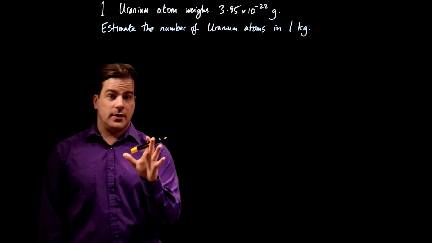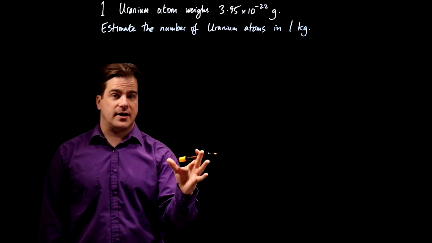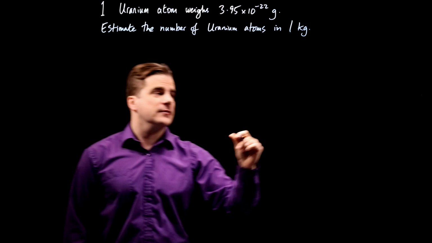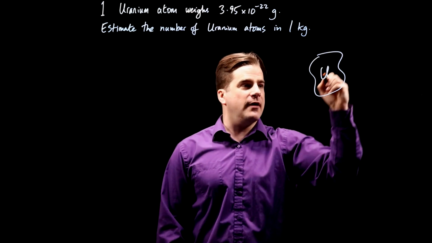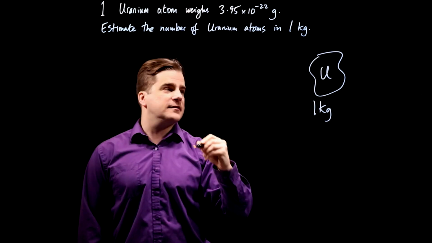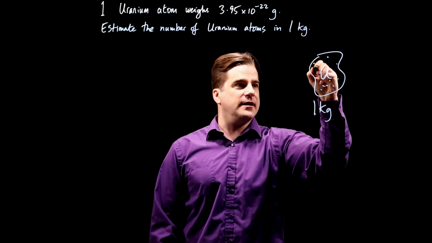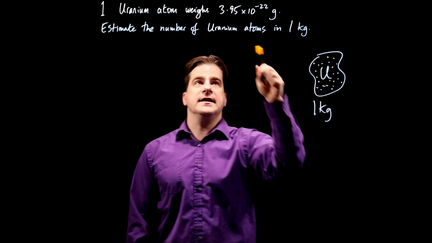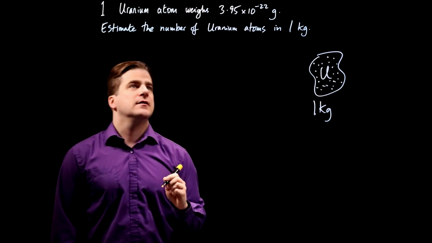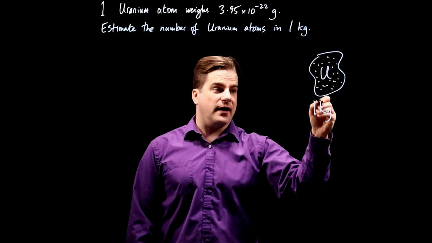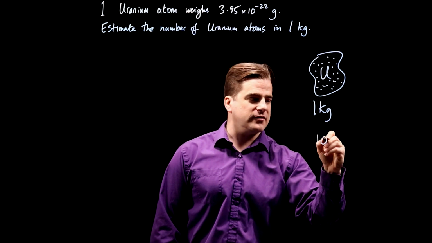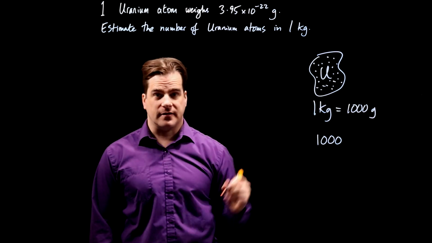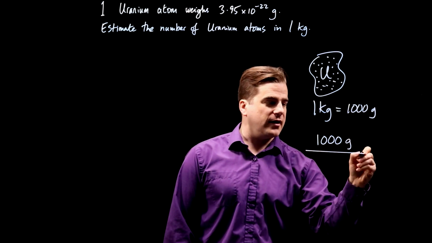Well, what would it be if we were allowed to use a calculator? We have 1 kilogram of uranium, and it's made up of loads and loads of uranium atoms. So if each one of these atoms weighs that much, we would divide the 1 kilogram, which is 1,000 grams, by the mass of one atom. So 1 kg is 1,000 grams. Let's put it in the same unit. So 1,000 grams divided by